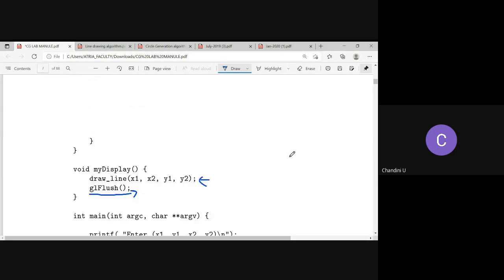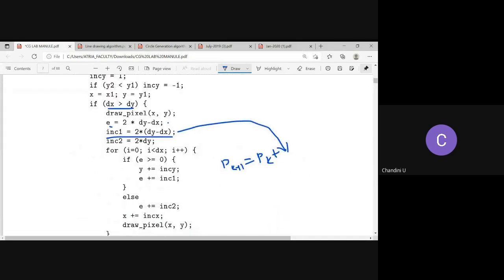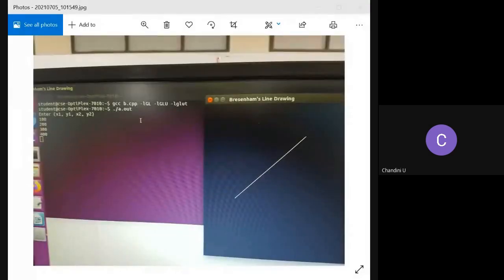Just a minute. Can you see this? I just took a snap from the system.